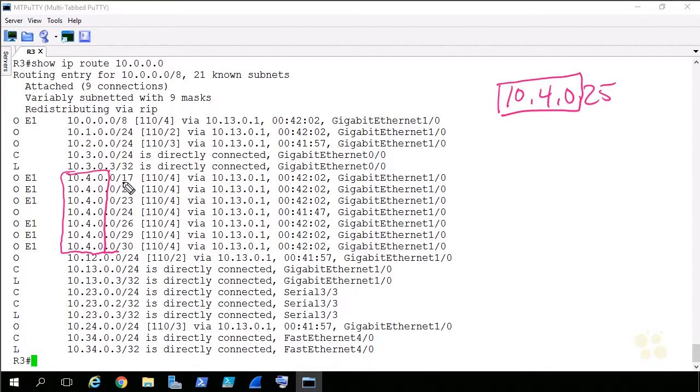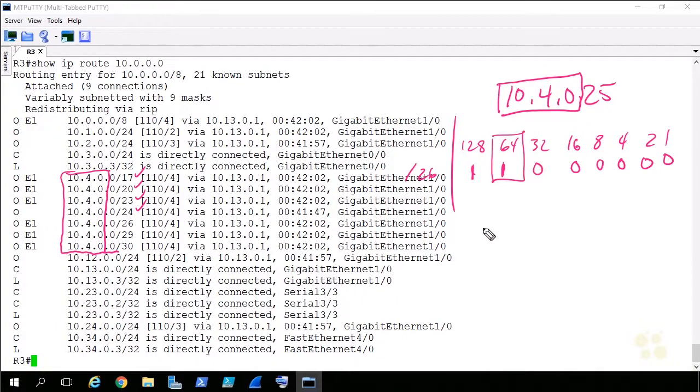So we can put check marks as far as matching on the 17-bit, the 20-bit, the 23-bit, the 24-bit, but the 26, 29, and 30, just like we did in the previous video, we probably want to check those out. Let's start off with the /26. So if we put our table up, 128, 64, 32, 16, 8, 4, 2, and 1, and we're dealing with the 4th octet here, a /26 is going to be this in the 4th octet. It's going to be 24 as the starting point, then 25 and 26, and that's the mask for a /26, which also means that the block size for that /26 network is going to be 64, meaning the first network here would be